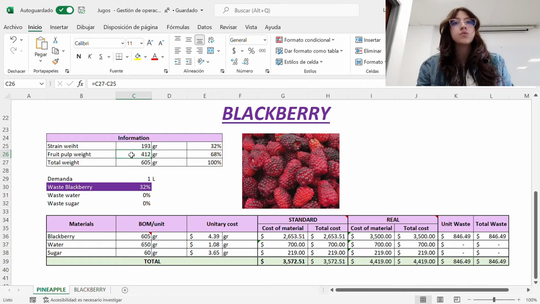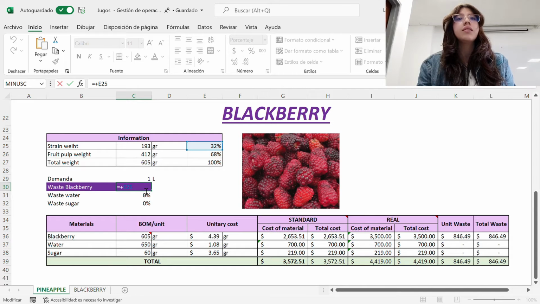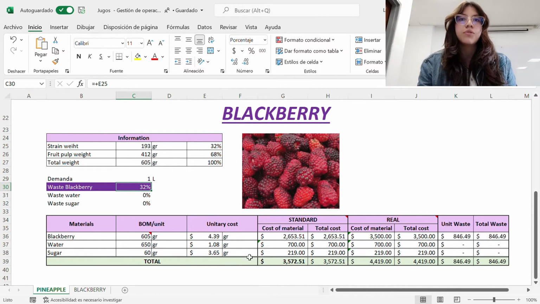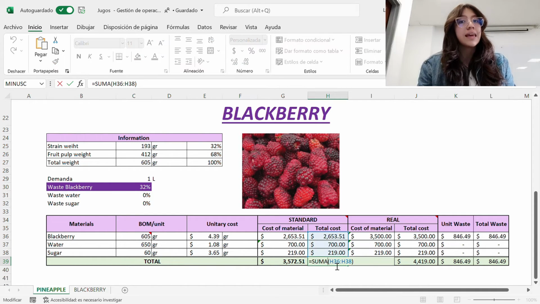In case 2, the total weight of blackberry is equal to 605 grams. We subtract the waste, which refers to the strained product, equivalent to 192 grams. The process is repeated and the rule of 3 is made, taking into account the total weight of the fruit as 100%, for which the waste corresponds to 32%. In this sense, to find the cost of waste, we identify again the standard cost,